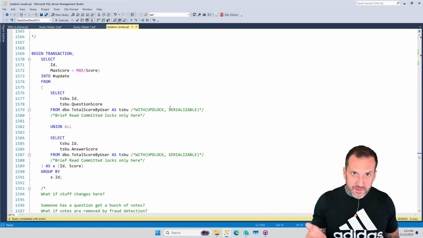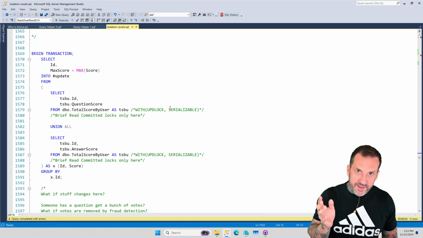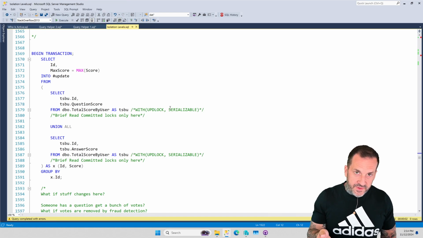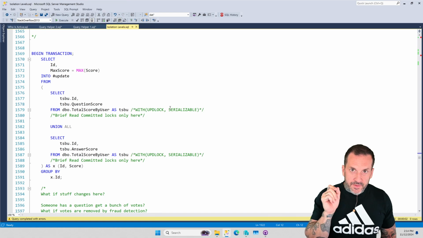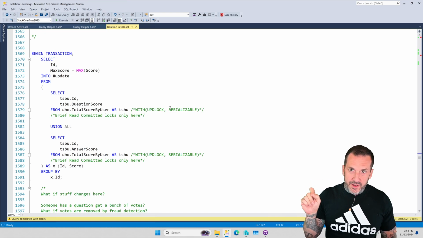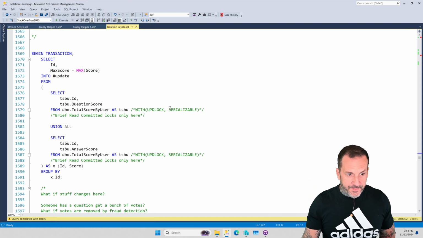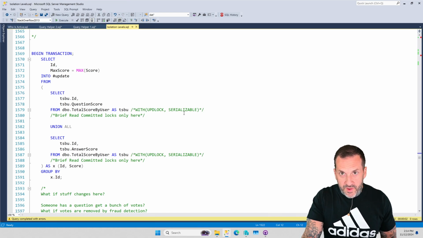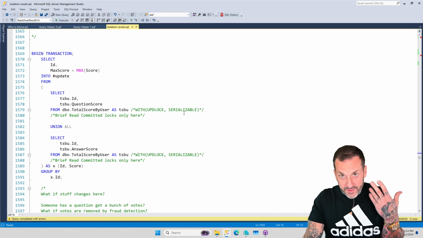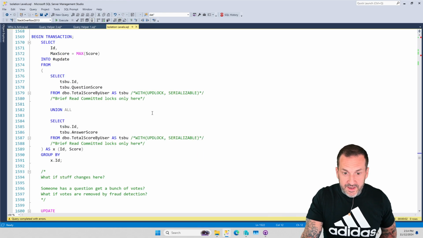So it's very, very difficult, depending on what your expectations are of the results of these queries, to say, yes, this is exactly how data should have been at the time that this ran and got this data. So there's a lot that you have to consider and be aware of, and you have to sort of set expectations for yourself and for your users as to which data they are seeing.